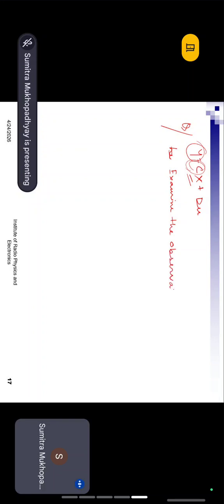Is the screen visible? Okay. Observability of the system given below. So what is the system? The system is something like